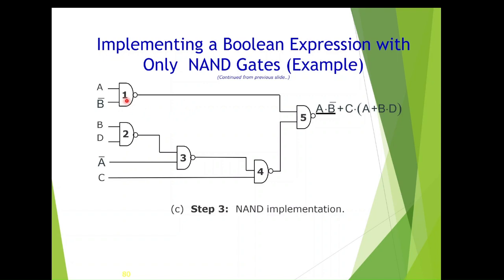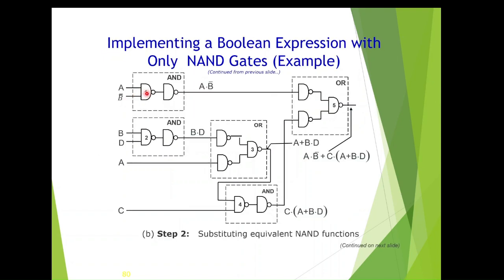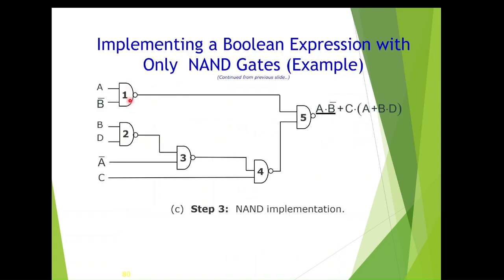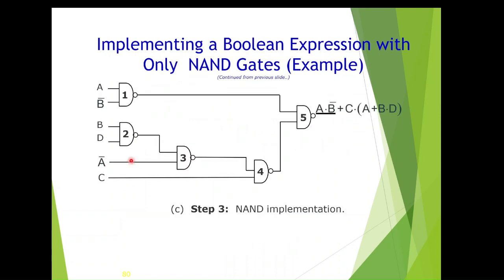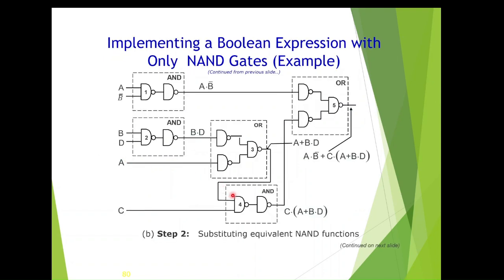So as you see here, just for convenience we are putting numbers. This is AND gate 1, with A, B bar, that's what we put here. Then the second gate, B and D, we put here. These two inverters get cancelled, as I already mentioned. Then for A, we have to give it through an inverter, so we write A bar. Then for the fourth gate, this C we give directly here, and